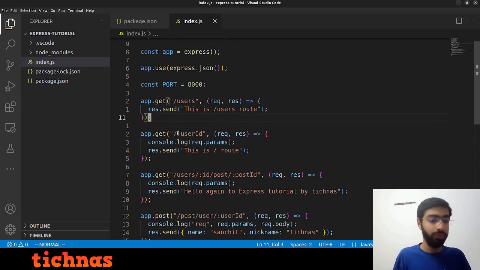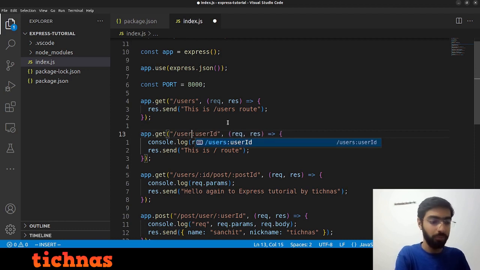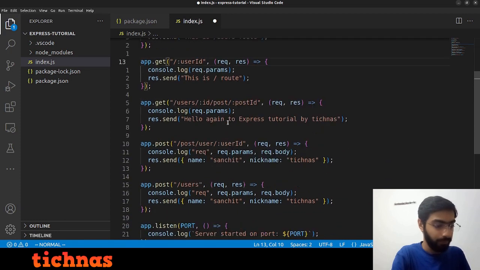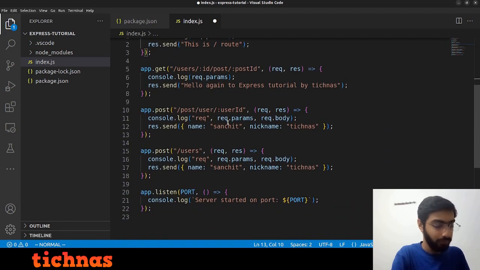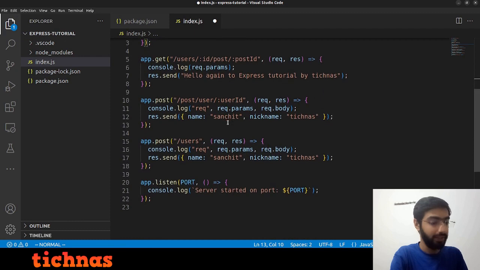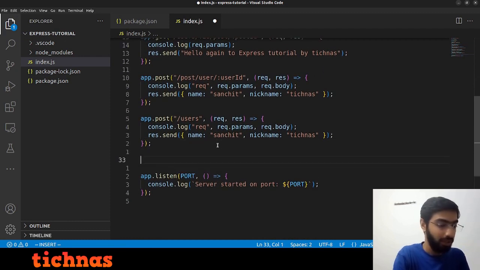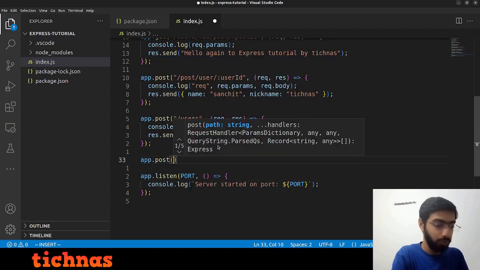So if you are trying to get a user, make it slash user slash user ID. This is just a good practice. Again, you can do things the way you want. Now, like I said, it gives you the bare basics, and how you can exploit it is basically you do app.post, you do a single